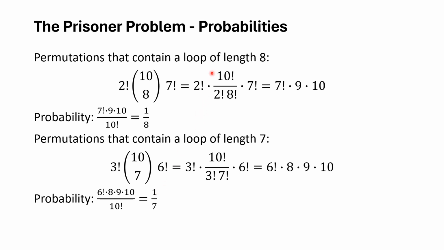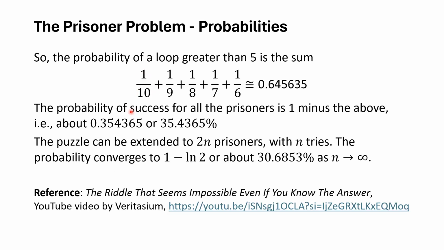So let's put all this together to figure out the probability that the prisoners will fail, and then we can subtract that from 1 to get the probability of success. So we're almost done. The probability of a loop greater than 5 is a loop of length 10, plus the probability of a loop of length 9, plus the probability of a loop of length 8, 7, and 6, so forth. We add those together, and amazingly, we don't get anywhere close to 1. We get